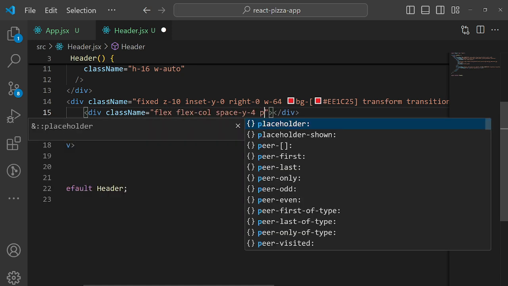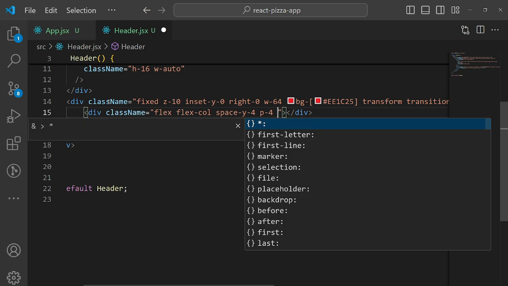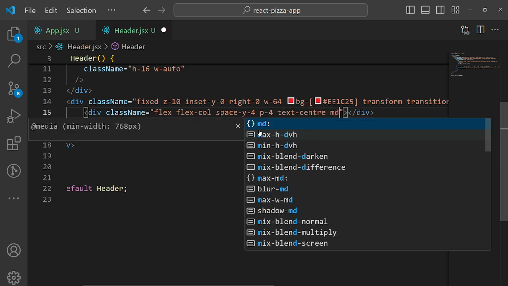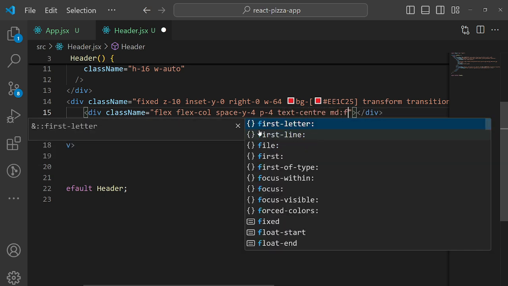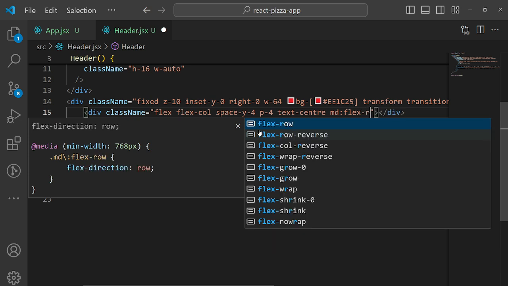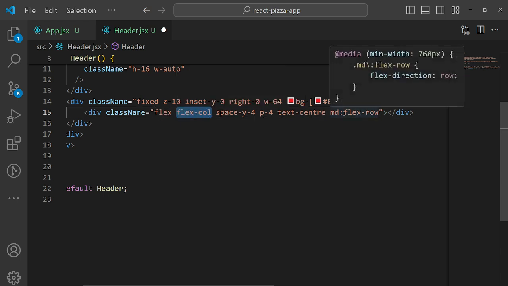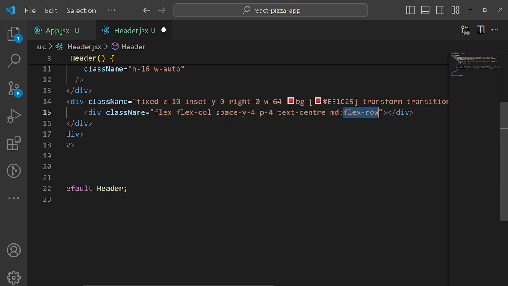Okay, and the padding is 4. So we are giving this space from top and bottom to 4 pixels, and the text is center. In the MD we need to write flex row. So you can see here we are writing for both mobile and desktop. In the mobile view the flex direction is column,